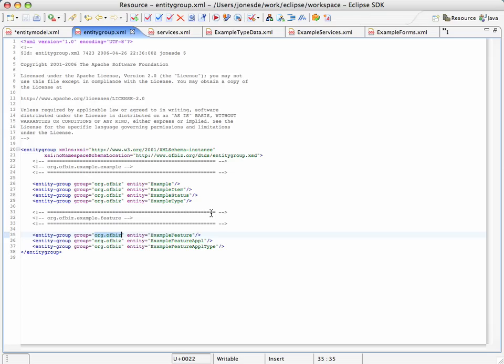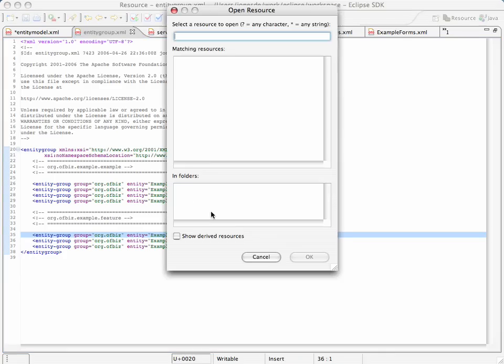The way that's done is by putting the entities that you want in a different database in a different group, and then when you define your delegator, you specify which data source is associated with each group. And that's done in the entityengine.xml file. So again, when you create your own entities, you would always put them, just like these ones, in the org.ofbiz group. If you had a second database that you wanted to put your entities in,